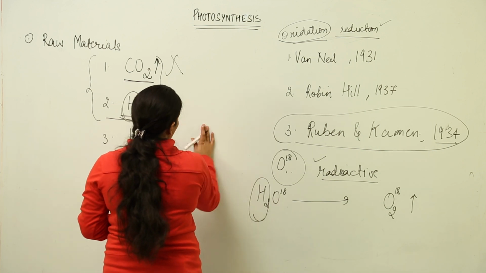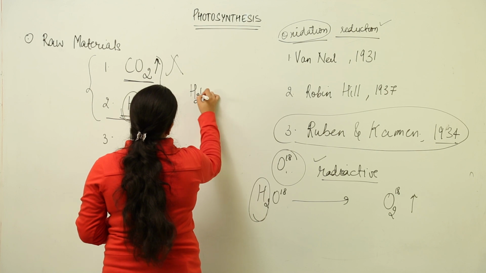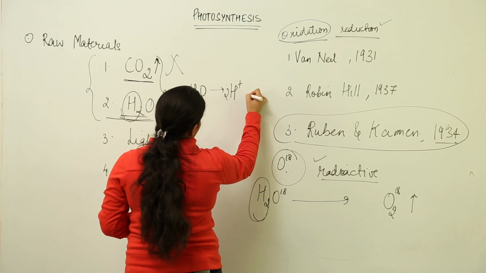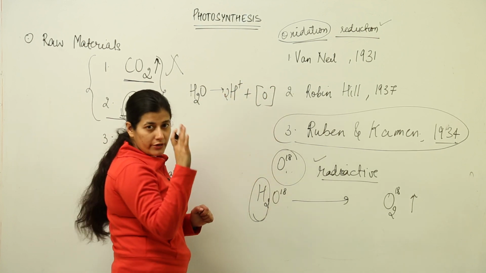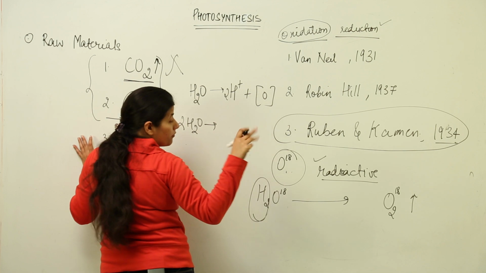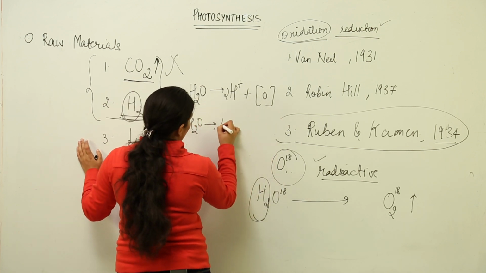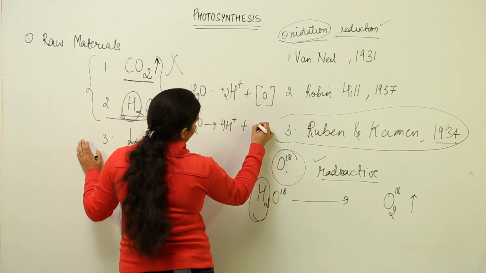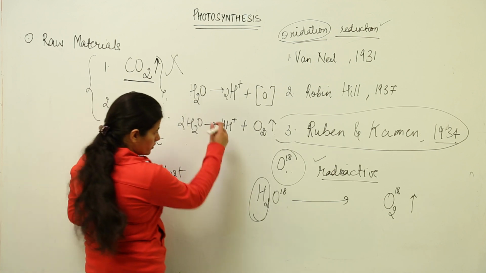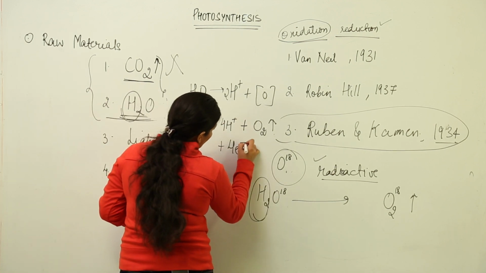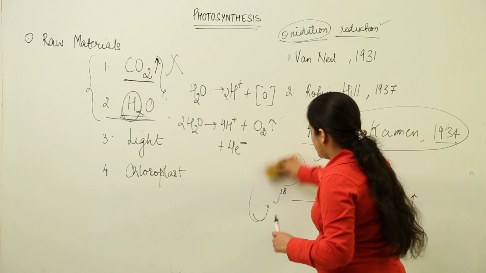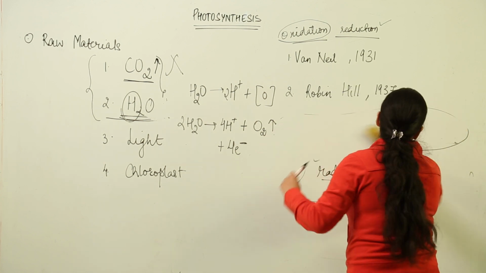And what is the role of water? If there is one molecule of water that is involved, you are going to have 2 protons and 1 nascent oxygen. So for evolution of one molecular oxygen, we will have 4 protons and 1 oxygen. That would be molecular oxygen. Now when 4 protons are released, we have 4 electrons which are also being released. So this is the raw material water that we have talked about, and its role, which was proven by a few scientists